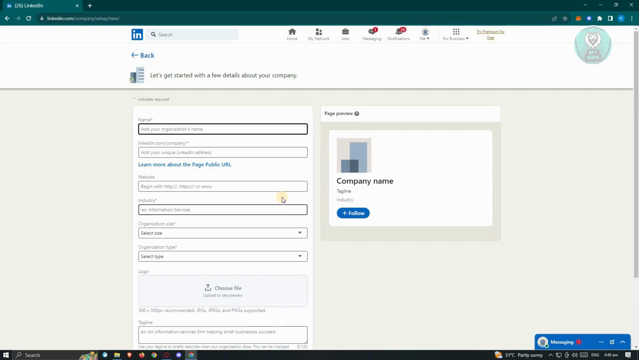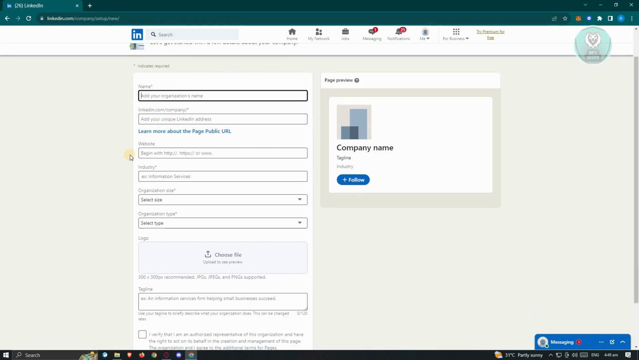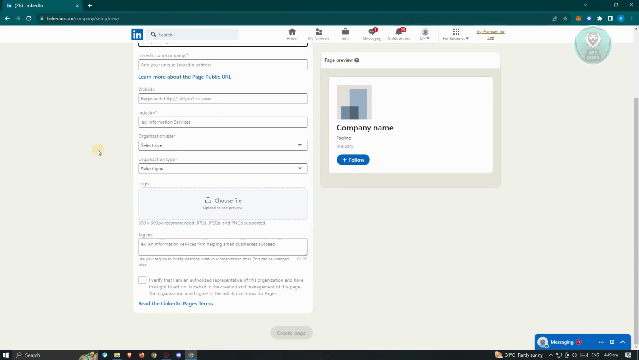Now in the next page, you'll need to provide the following details. So that includes the name, LinkedIn company or the unique LinkedIn address, the website, industry, organization size, organization type, the logo for it, and the tagline for it. Now in this case, once you provide all the information here, you can go ahead and just click on I verify that I am an authorized representative of this organization and just click on Create Page to successfully create your page,